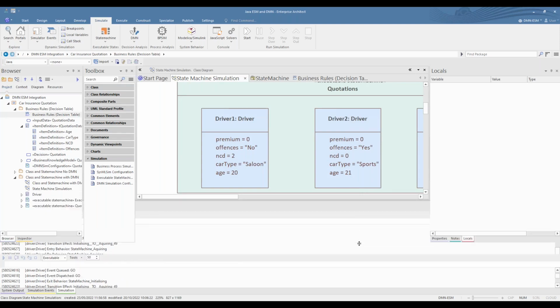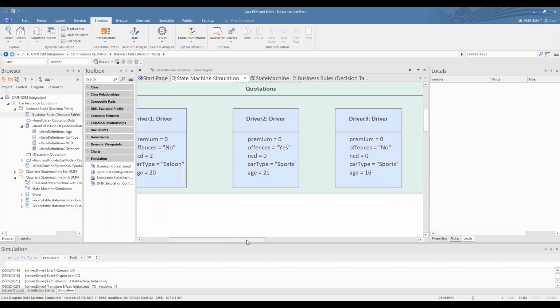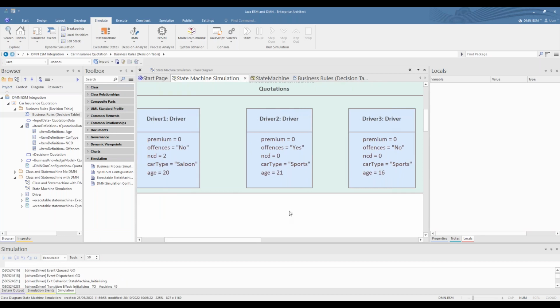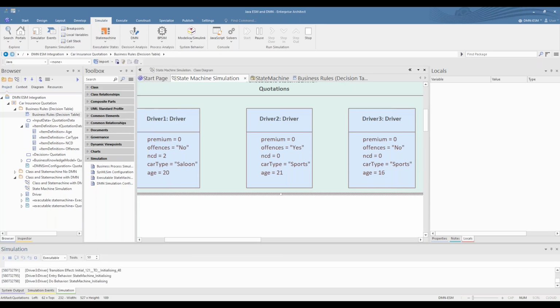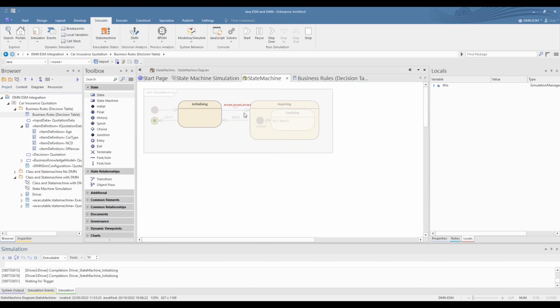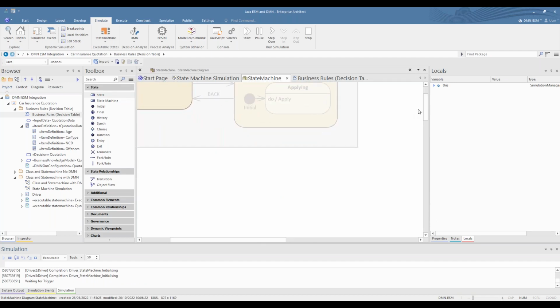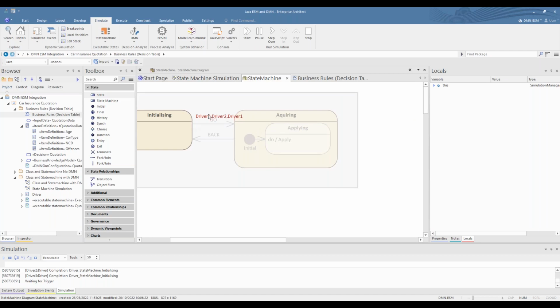Because we're using instances of our Java class, we can simulate more than one simultaneously. So here I've got 3 instances. If I simulate this, watch what happens. It says on here, which I'll just zoom in ever so slightly for you, driver 3, driver 2, driver 1.